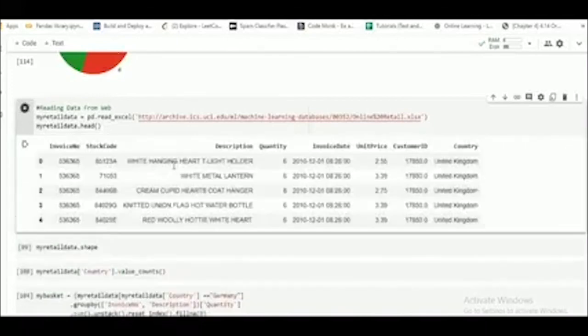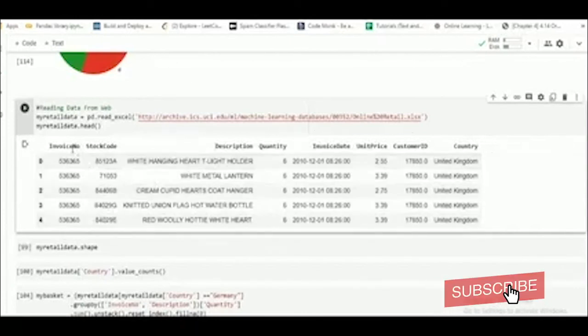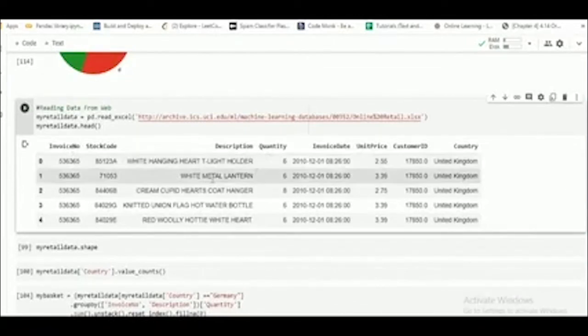Yeah, it's loading. I got the data set. It's a retail data set. There are a total of 8 columns, which have information such as invoice number, stock code, description, quantity.